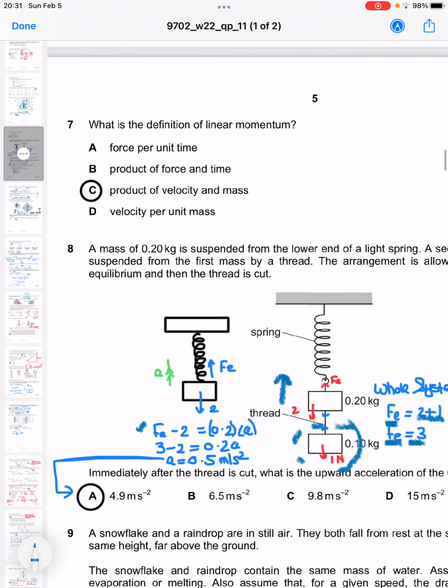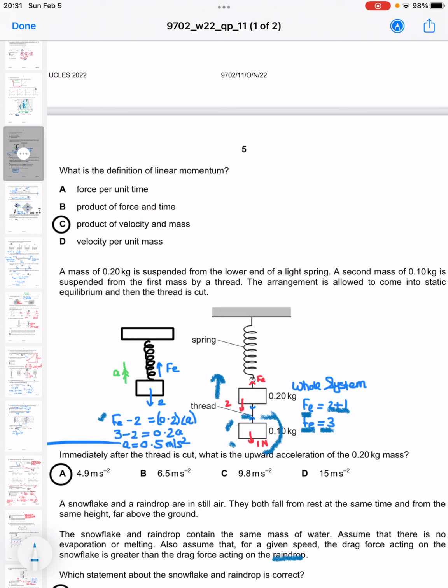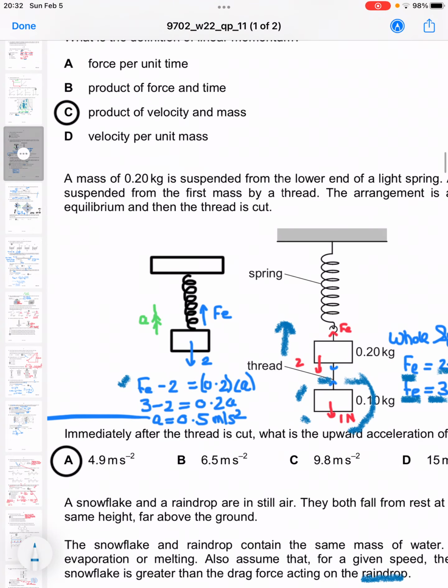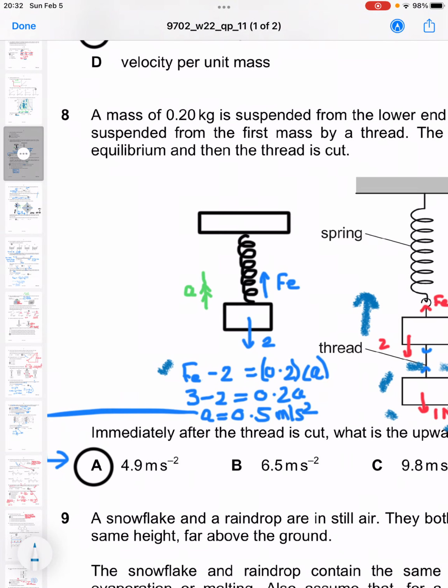Question number 8 says that a system is given. Immediately after the thread is cut, what would be the upward acceleration of the 0.2 kg mass? So let's first find the force in the spring when the particle was in equilibrium. Applying up equals down would make Fe equal to 2 plus 1, 3 newtons, and then when the string is cut, it would make up forward minus backward equals ma. So the forward force, which is the spring force, 3 minus 2 equals 0.2a. So the acceleration would be 1 by 0.2, which is 0.5 meters per second,